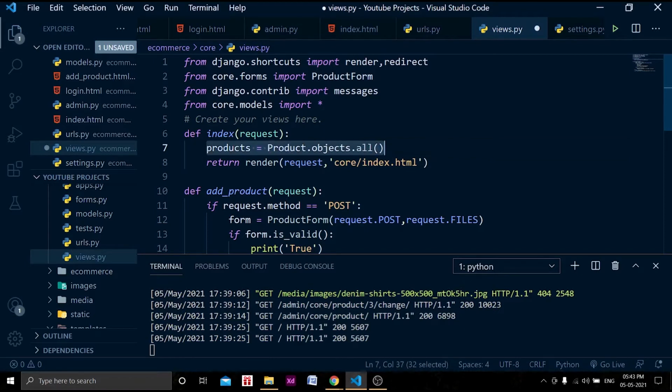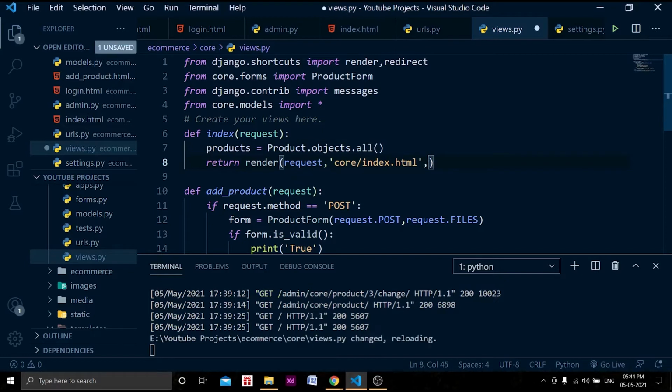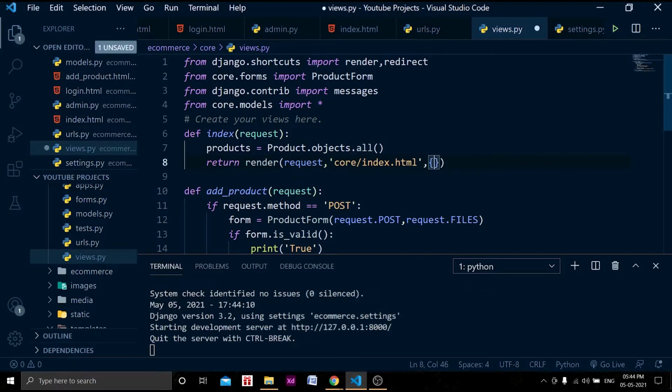What it does is grab all the objects that are there in our product table. After doing this, let's pass this in our context dictionary, so in products it will be products. We will loop through these products to get all of them.